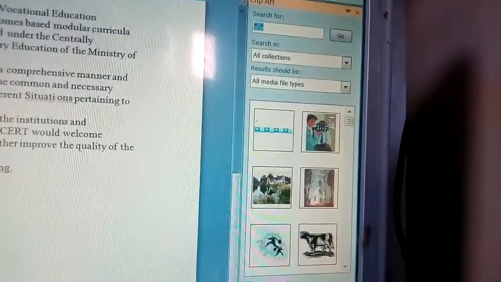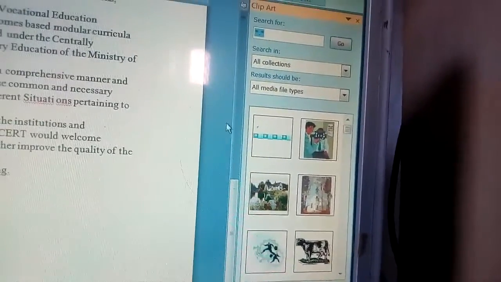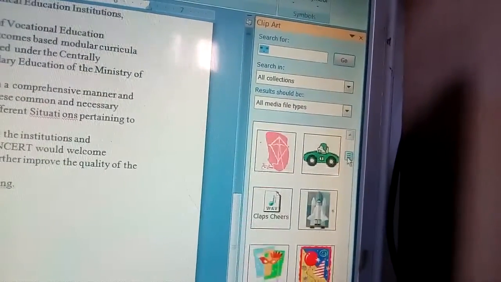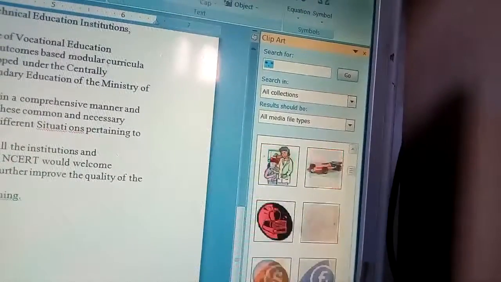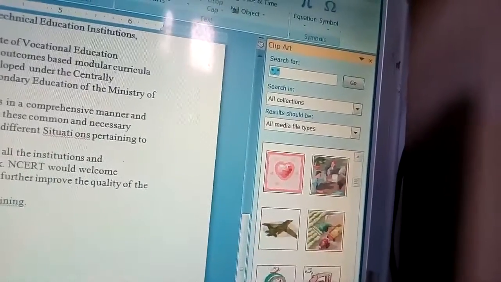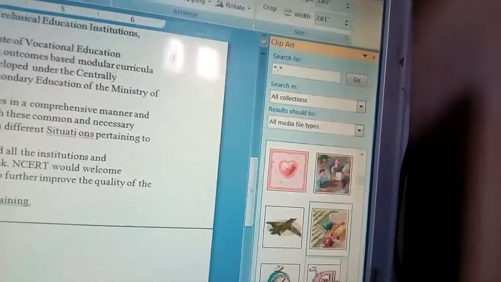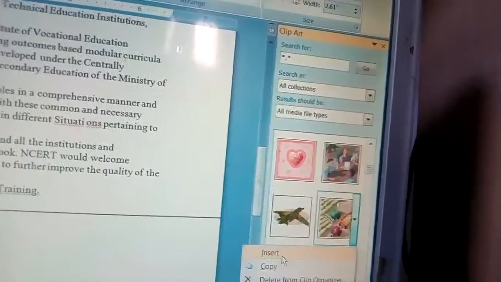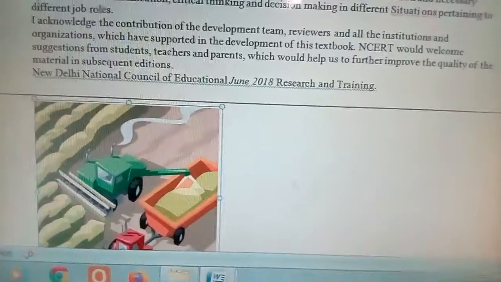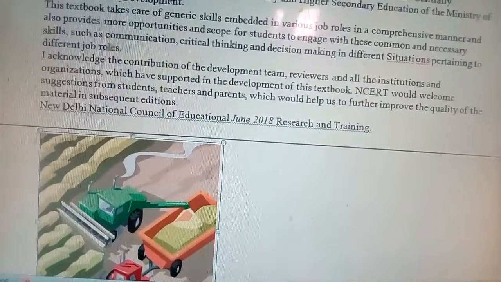Here you can see organized clips, clip art, and Office Online also you can insert the picture. Now here any picture you can insert from here, okay. So which one you want, you just click over there. Suppose this one, so just click over there, or you can click on this arrow and then insert. Okay, so anything you can do. So the picture will be inserted in your document. So this is the way how you will insert the picture in your document.